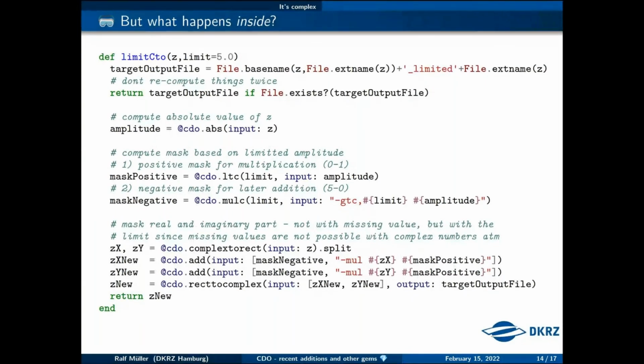And then I have this real valued mask. I compute the imaginary and real part. I apply this mask as I said here with a multiplication and then with an addition. And then I create a new complex number out of the old one, basically. So I throw away everything where this limit is exceeded, and